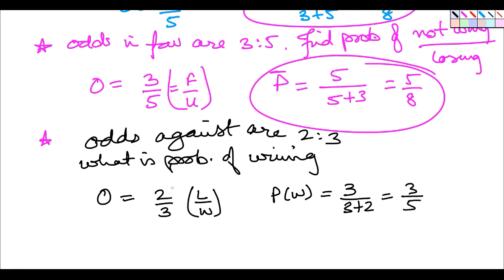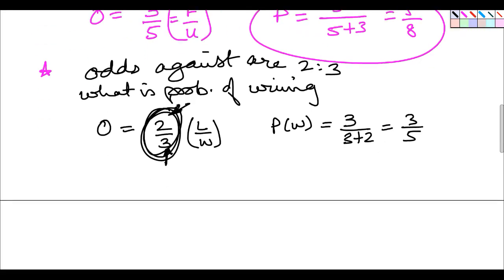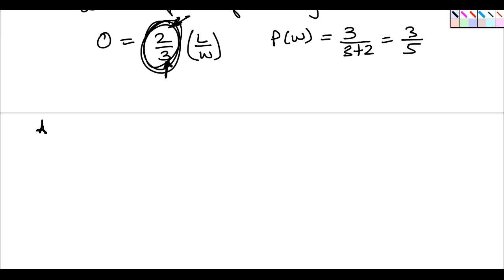Now it is very simple. There will be a total of 5 games, of which I will be winning 3 and losing 2. So the probability of winning would be 3 by 5, and the probability of losing would be 2 by 5. We'll take one last question on converting these odds into probability, and then we'll move on to solving the question that we have. So the probability of winning is 2 by 5.